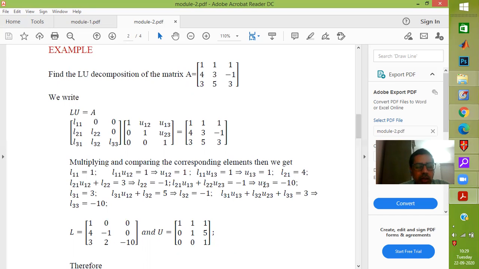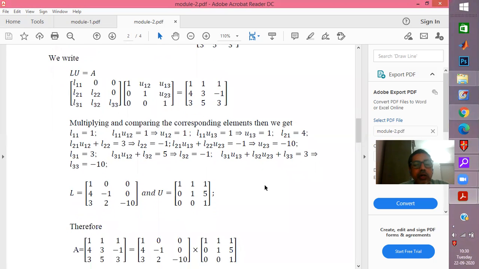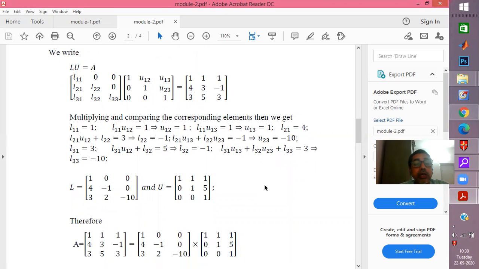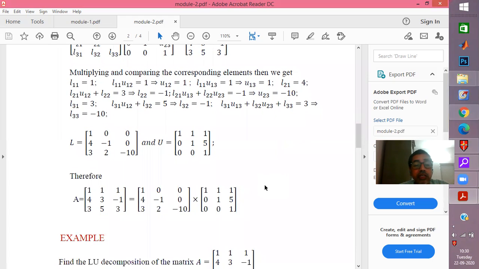And the crude or brute force method of doing such problems is to multiply the left-hand matrices and start equating them to the corresponding right-hand side elements, and try to work out all the unknowns. So the 6 elements of L and the 3 elements of U in a normal algebraic way, and then you compile them in the matrix L and U, and therefore you can see the factorization has been made. So this is an example of an LU decomposition.